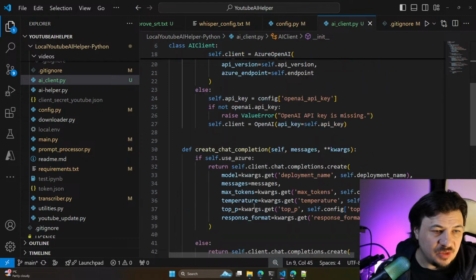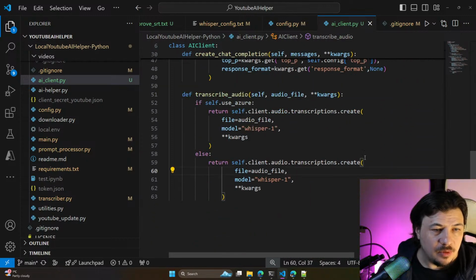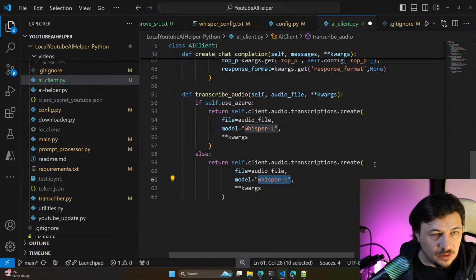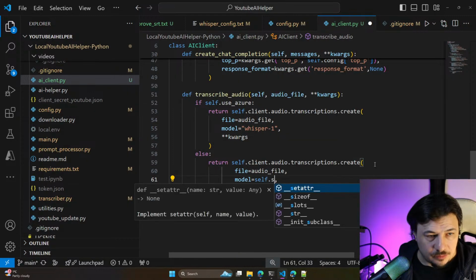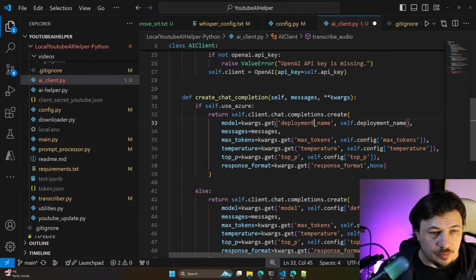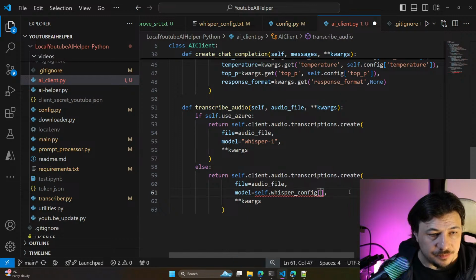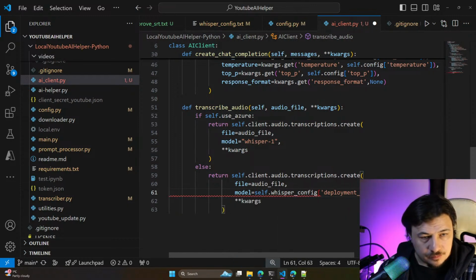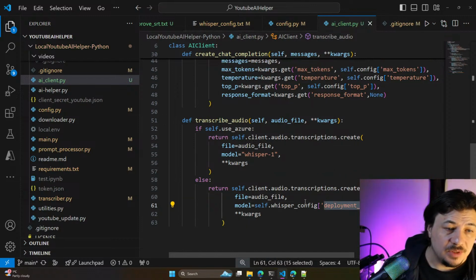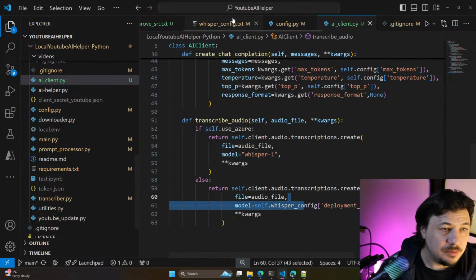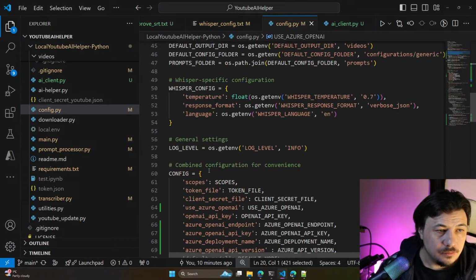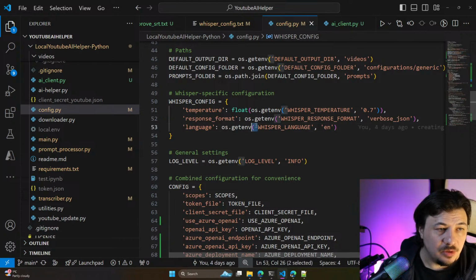We will not validate the whisper config params, but here we say that for the model we should have self whisper config, and it would be deployment name. So whisper config also could have a deployment. Let's see. It's config, it's whisper config. Deployment we don't have.